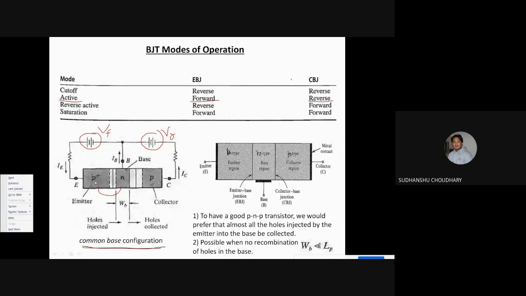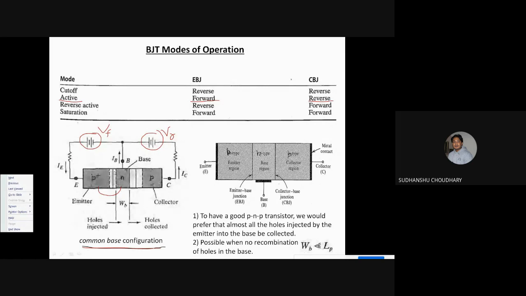So the emitter base PN junction is forward biased because the P type is connected to the positive terminal of the battery and the N type is connected to the negative. So forward and reverse biases are established on the emitter base junction and collector base junction. Now what happens in a forward biased junction, this PN junction, and let us say this is heavily doped. This is the emitter, so let us say it is heavily doped. That is why we have utilized P plus here. This is a PNP BJT, and let's say the emitter is heavily doped, so this is the P plus region. So what happens if this diode is forward biased?